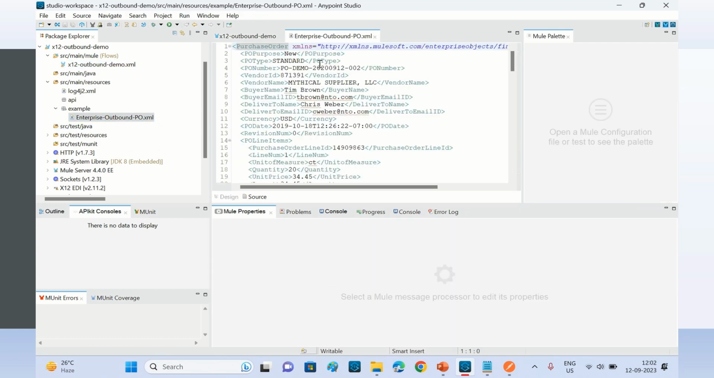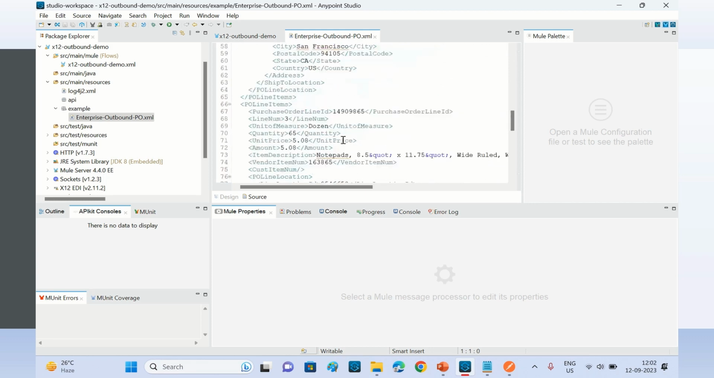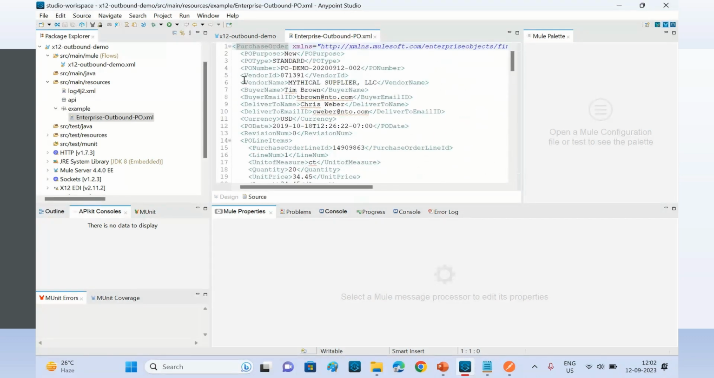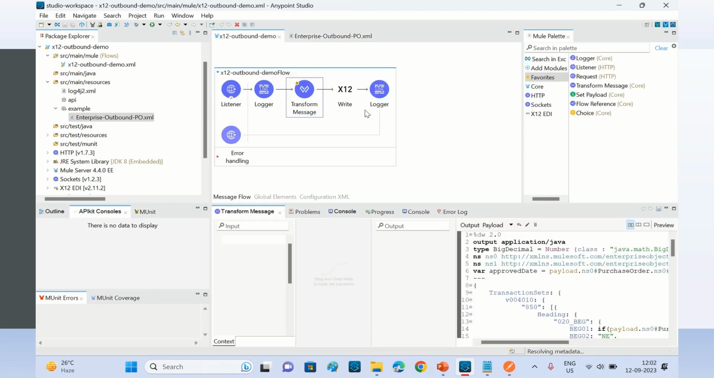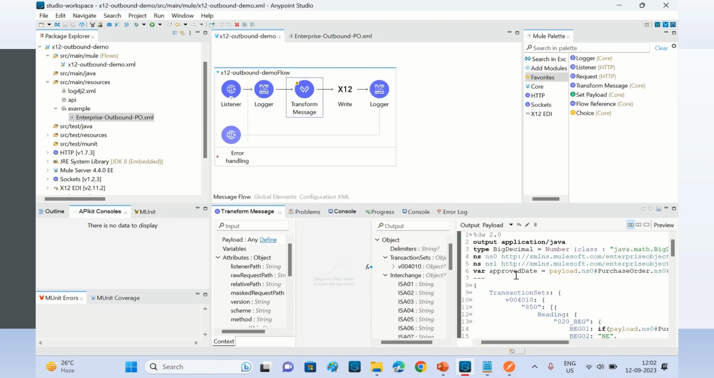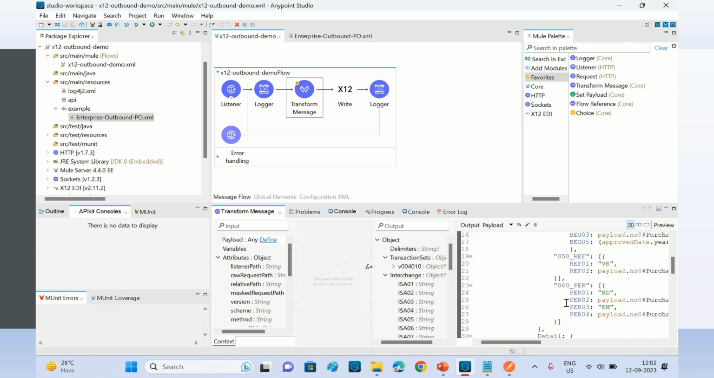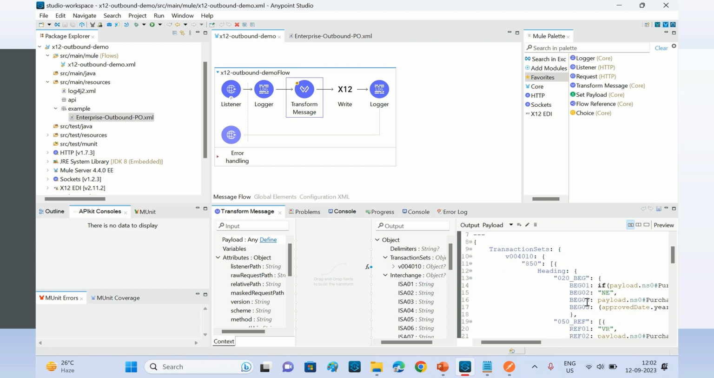The message is coming, the purchase order is coming in this format. And the X12 connector will convert that into EDI format. So either we can write this manually, but we need to have a mapping. You need to know the mapping between the XML and the EDI 850 purchase order elements. If you know that, you can write it manually, or you can have the